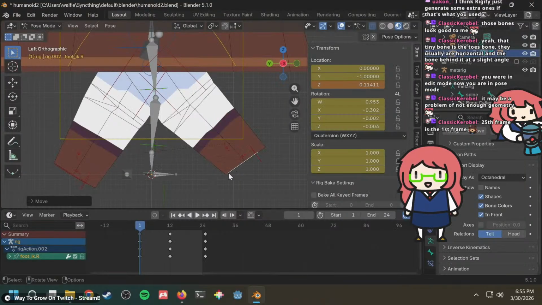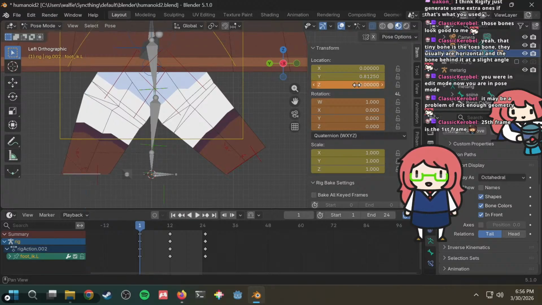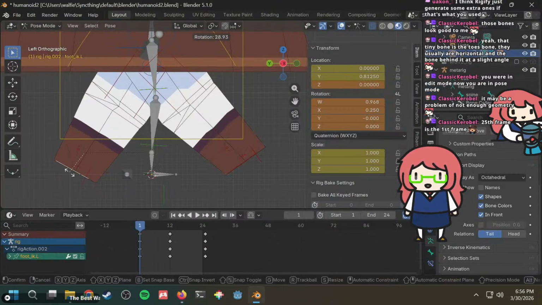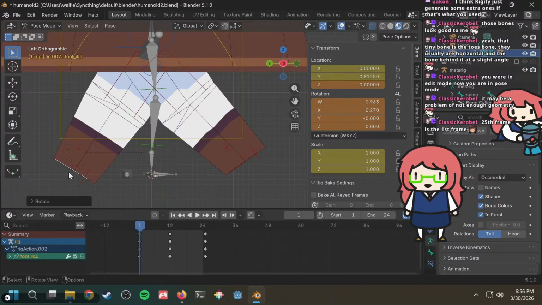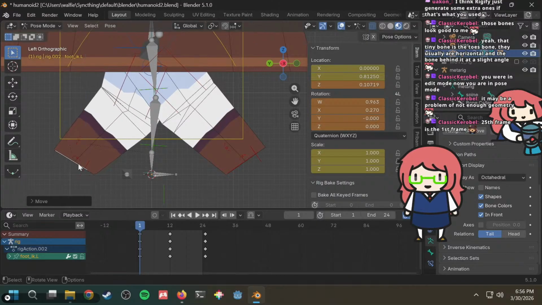It just touches the ground. And then the other leg is still connected to the ground. So rotation. Let's reset this rotation. And then you gotta move the Z so that it's at 0. And then you gotta rotate this like that.